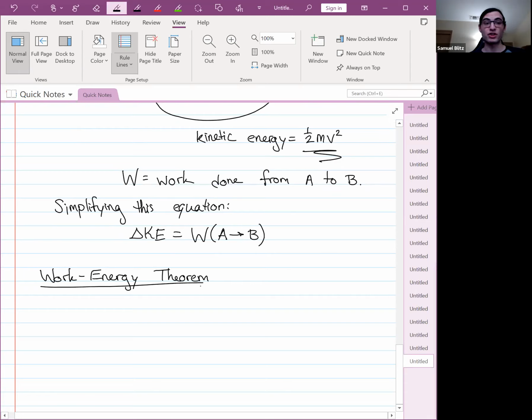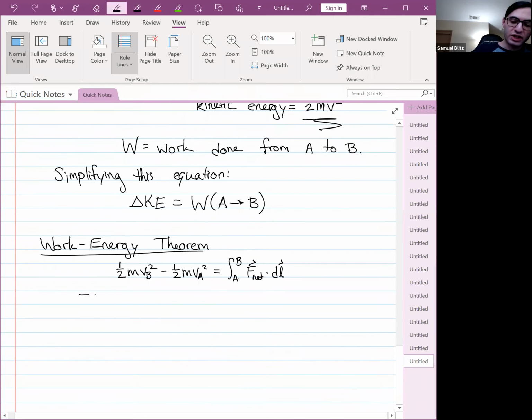This is a big deal. The work energy theorem is kind of the backbone of mechanics. Mathematically it can be written as 1/2 m v_b squared minus 1/2 m v_a squared equals a line integral from A to B of the net force dotted into the path length vector. In words,